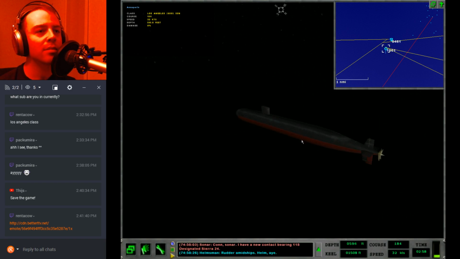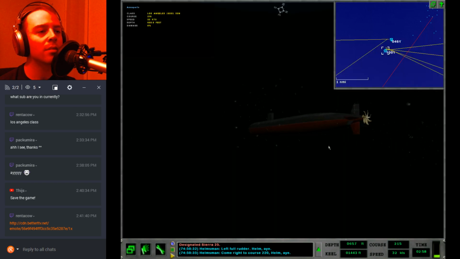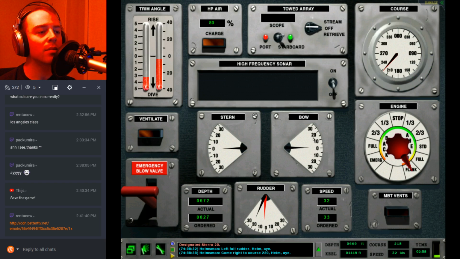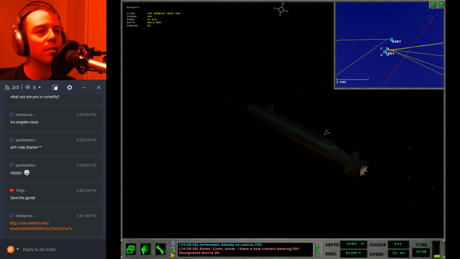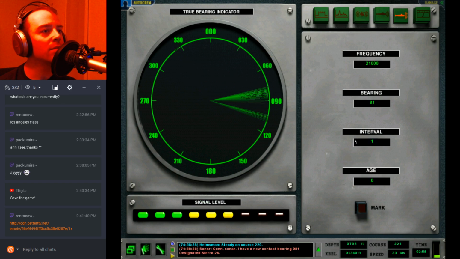Rudder amidship. Helm aye. Con, sonar: no longer cavitating. Con, sonar: I have a new contact, bearing 0 8 9. Left full rudder. Helm aye. Come right to course 2 2 5. Helm, steady on course 2 0. Con, sonar: I have a new contact, bearing 0 8 1. Designated Sierra 2 6. Seems to be going for